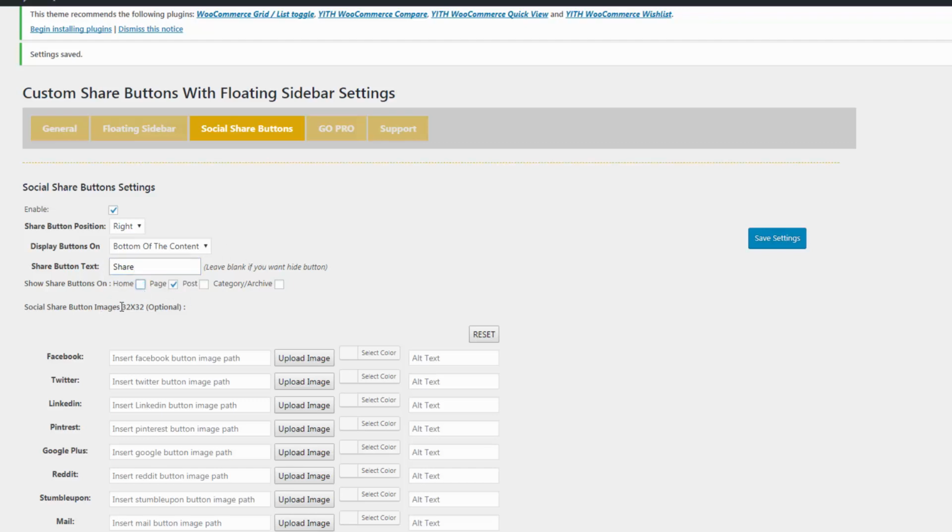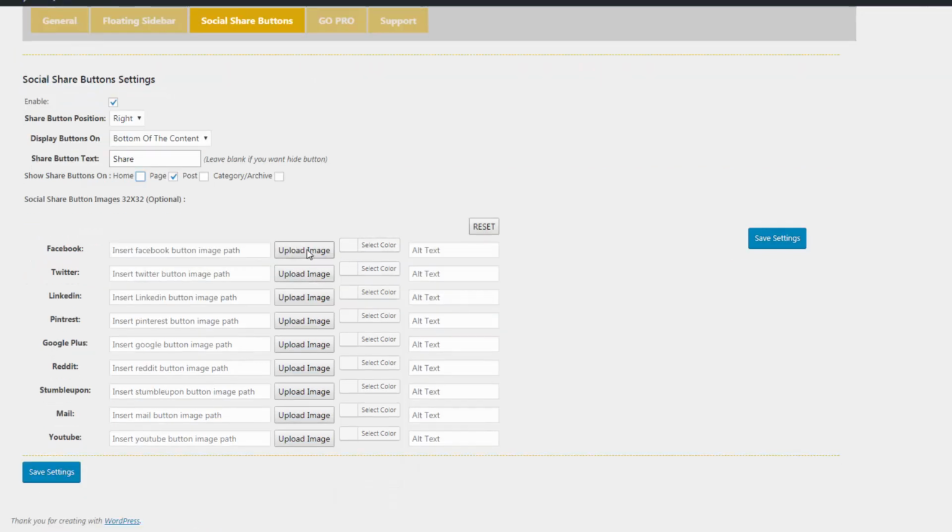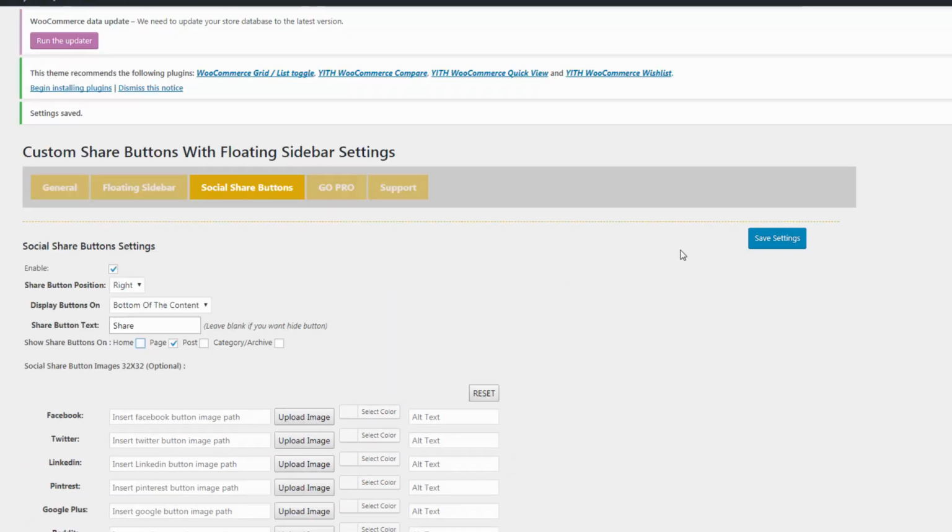And let's not put it on the home page. We can put it on pages, posts, archives. On posts is a great thing if you're blogging, because at the bottom of all your blog posts, it's going to give people the opportunity to share your content, which is always a good thing. And again, if you don't like the images they're using, you can just upload your own image there. So save our settings